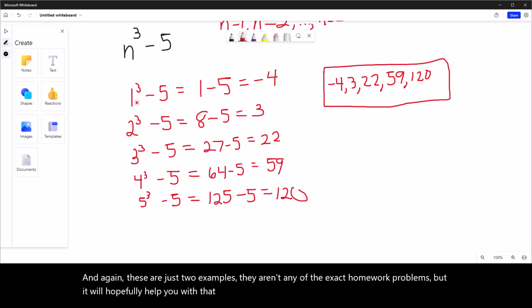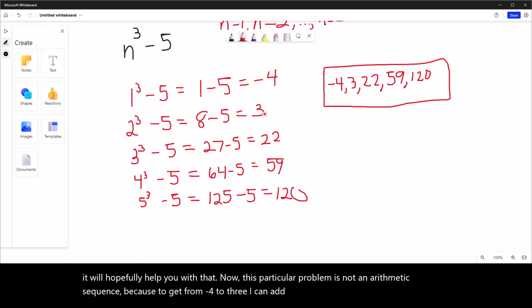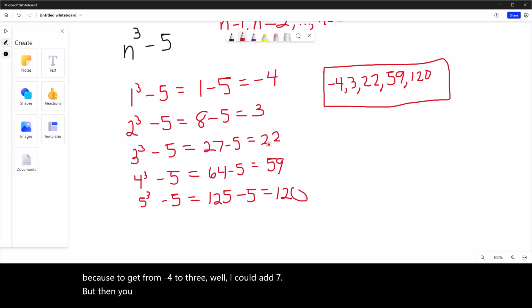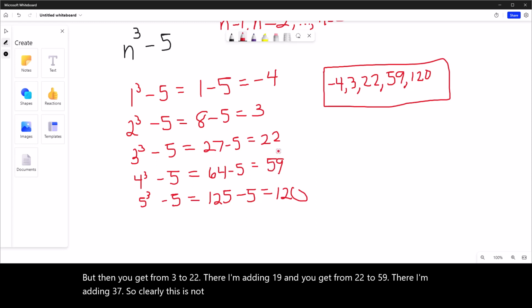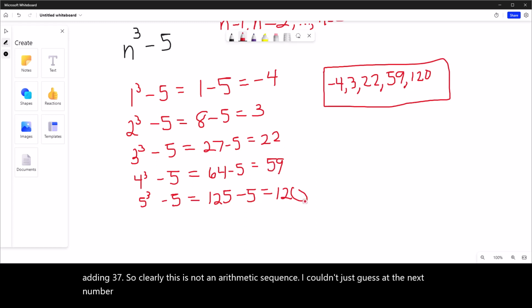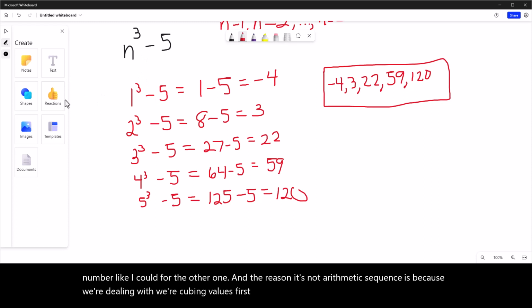Now, this particular problem is not an arithmetic sequence, because to get from -4 to 3, well, I could add 7, but then to get from 3 to 22, there I'm adding 19. And to get from 22 to 59, there I'm adding 37. So clearly this is not an arithmetic sequence. I couldn't just guess at the next number like I could for the other one. And the reason it's not an arithmetic sequence is because we're cubing values first. So remember,